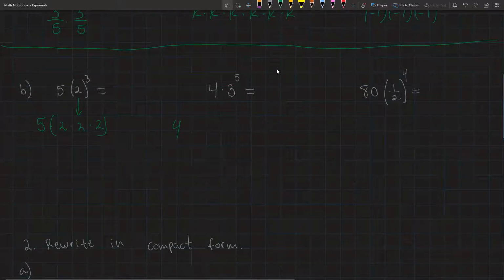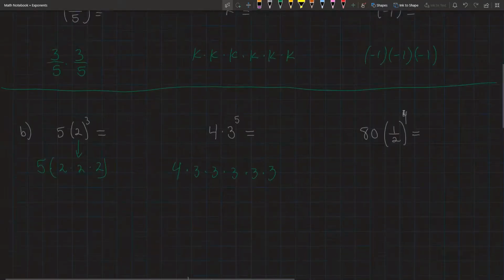So then this one is going to be 4 times 3 times 3 times 3 times 3 times 3. I believe that's 5 of them. Yep, check it for yourself. 4 times 3, 5 times. All right. And therefore here, notice that the exponent of 4 only belongs to the 1/2. 80 doesn't change, so we will write this one as 80